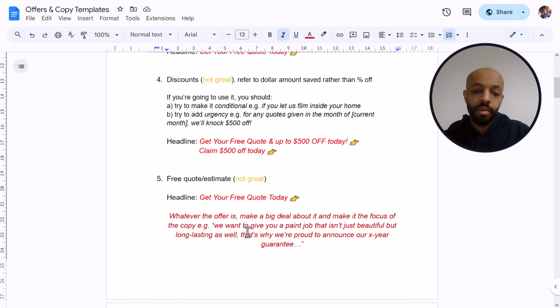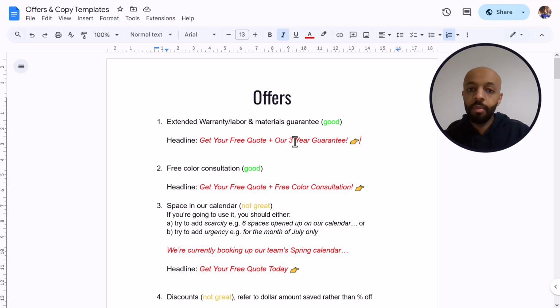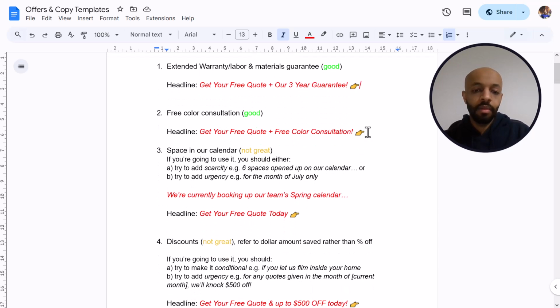And here's something that's really important. Whatever the offer is, you want to make a big deal about it, okay? And make it the focus of the copy. For example, we want to give you a paint job that isn't just beautiful, but long-lasting as well. That's why we're proud to announce our new X-year guarantee, whatever you're able to do. Something like that. Like I said, I'm going to leave this document in the description, just to give you